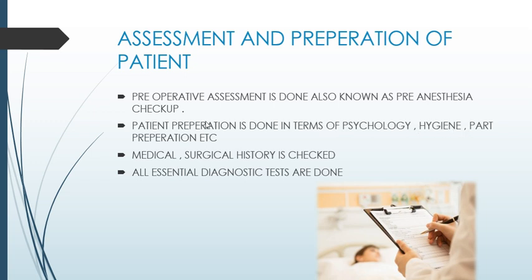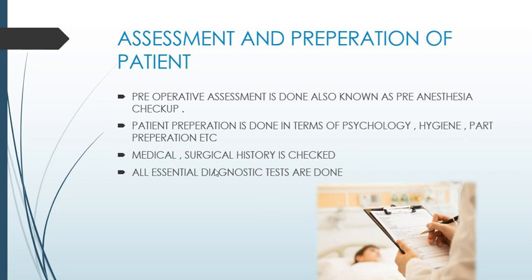First and foremost thing is the patient's identification data should be checked in regard to their name, their guardian's name, husband's name, father's name, or whatsoever is applicable. Then MRD number or hospital registration number of the patient, diagnosis of the patient, surgery to be planned, any investigations, all these things should be checked. Then patients need to be prepared. Part preparation should be done according to the surgery which has to be carried out.